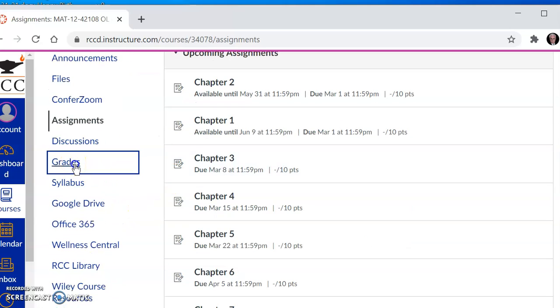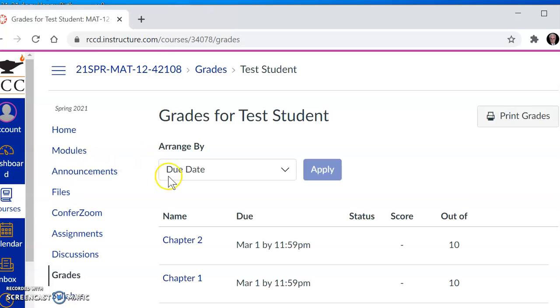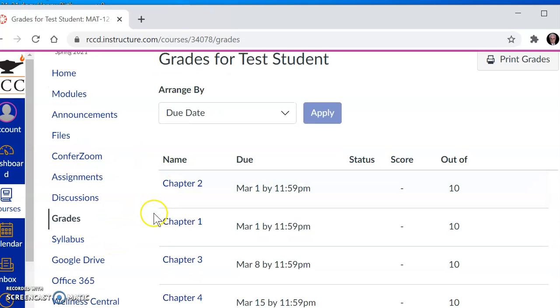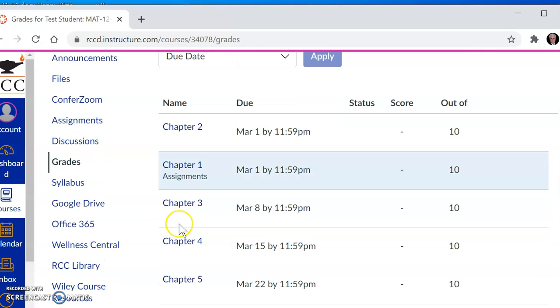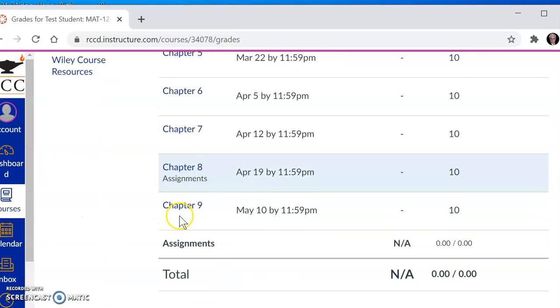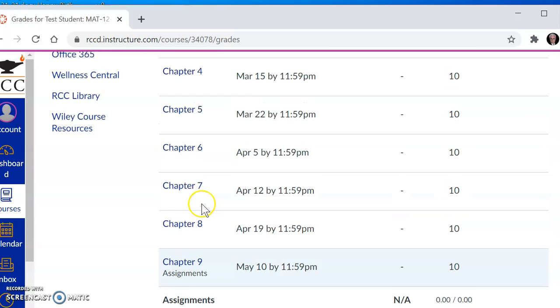But let's take a look at the grades. I don't post the homework grades because you get full credit. If you do the homework, I'm not going to try to grade it. It's just not sensible. The answers are at the back of the book. But you will have grades for the exams. Where the heck is that?